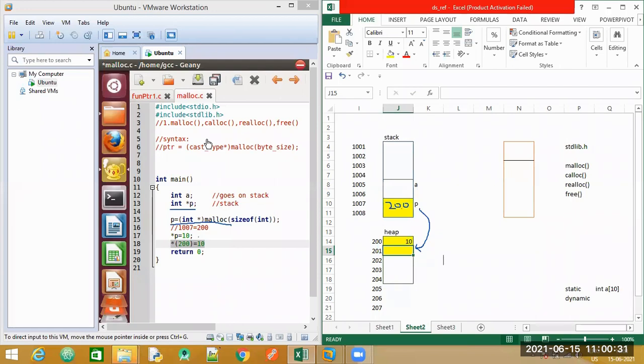Static and dynamic. Correct. If you answer all the questions correctly, when the college starts, for the entire class, I'll give some chocolates. If any one of the answer goes wrong, no chocolates. You people give me chocolates. So you tell me, what is static memory allocation?